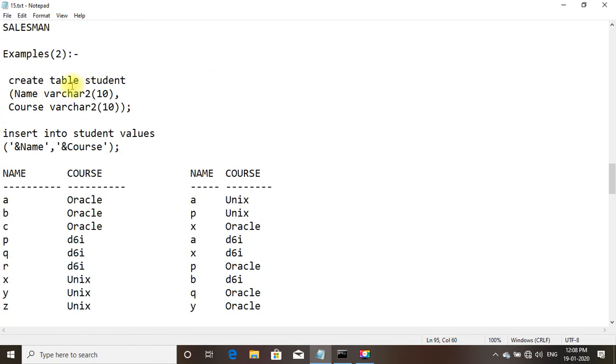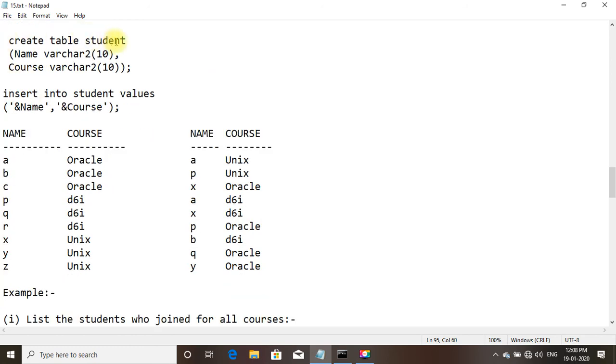Now example 2. We shall create a table called student, with name varchar2(10) and course varchar2(10). I have already created this table and inserted these records: names A, B, C, P, Q, R, X, Y, Z and courses Oracle, Developer 6i, Unix.